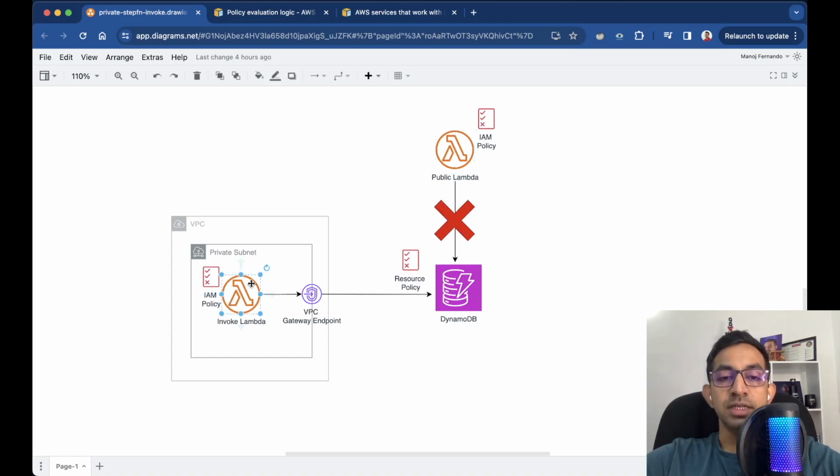And also I will have another Lambda function inside the VPC, inside a private network, trying to access this DynamoDB through a VPC gateway endpoint. Now here we are going to use a gateway endpoint because DynamoDB and S3 support VPC gateway endpoints. The other services like Step Functions and API Gateway, we have to use interface endpoints. And by the way, if you want to learn how to use a VPC interface endpoint, you can check our previous video